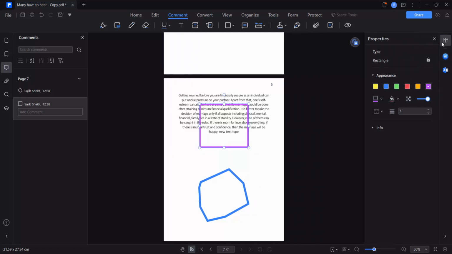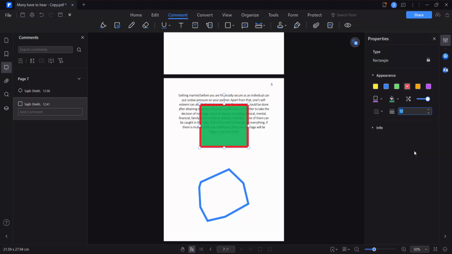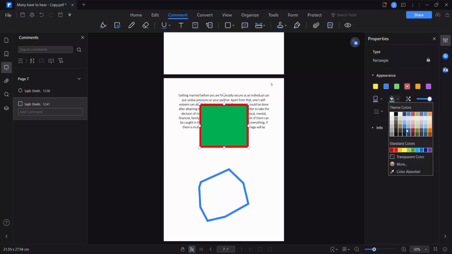Right top corner option. Here you will find this properties option. And you can see this border color, and this border thickness you can increase or decrease, and this one fill color you can choose any fill color, and its opposite option, and you can change more colors